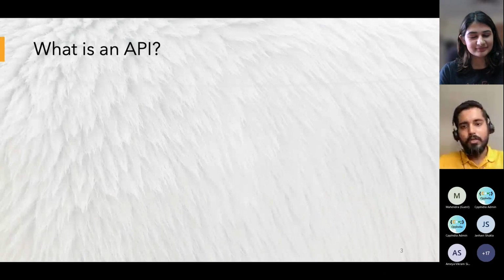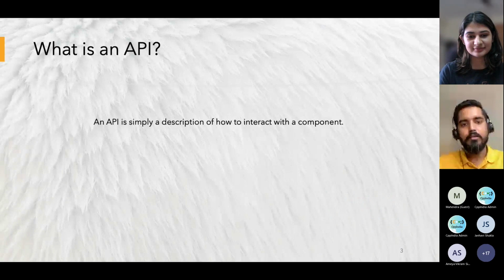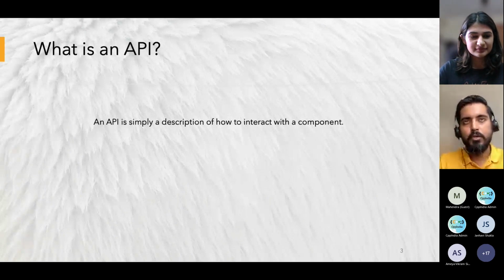Okay, so what does an API actually mean? An API is a description of your component, meaning how someone can use your component, how someone can use your library. You give some tools. If I relate it to a real-world scenario, you have an electricity socket.